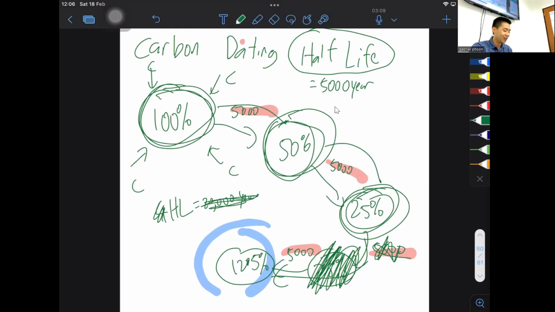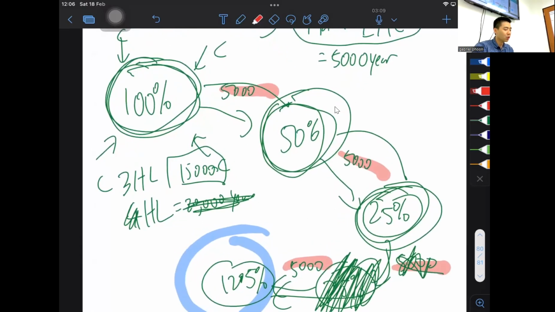Right, you guys get the idea, right? So it's like 3 half-lives and then it's 15,000 years old. Okay. Understand? I think Raj is the only one that voiced out. Everyone else good. Okay, but everyone gets the idea, right? Everyone gets the idea. So in the exam,